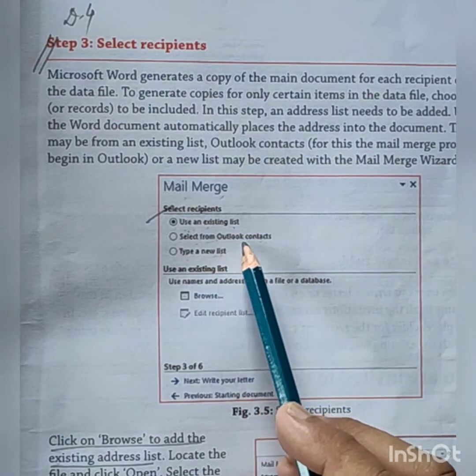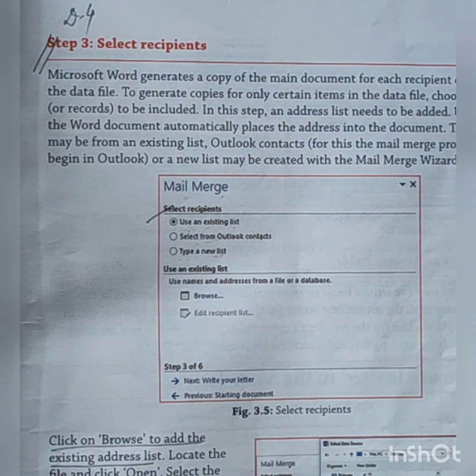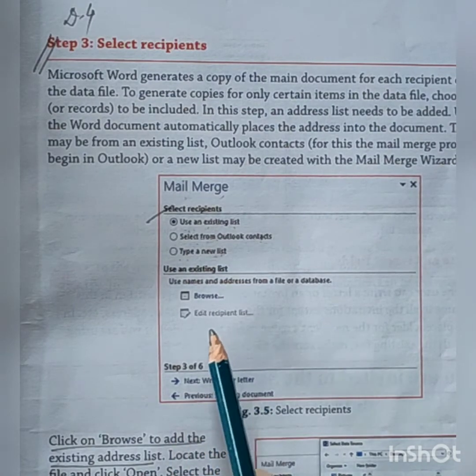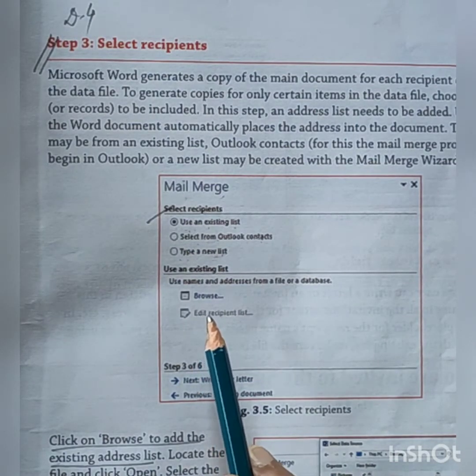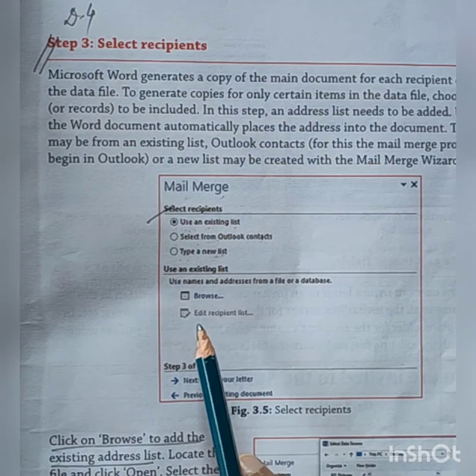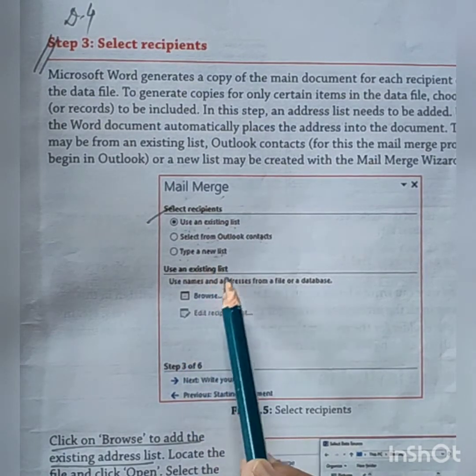We can select the Outlook contact, or we can type a new list. Suppose we can create our own list like student name, student address, contact number, their email ID, their postal address, their blood group. Like that we can create the new list.